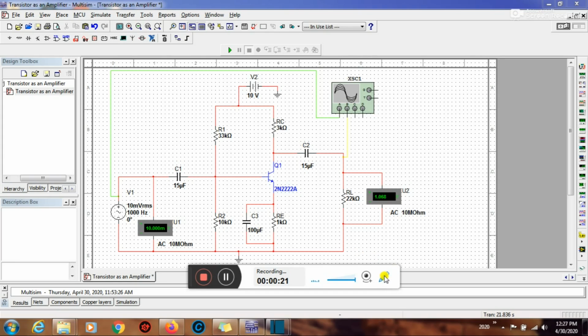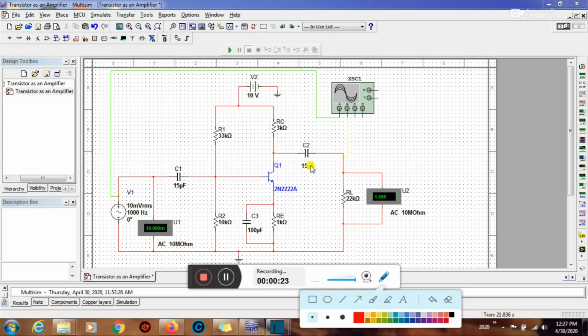So here I am considering a common emitter configuration connected over here. One NPN transistor is there, RC resistance, RE, and one C3 capacitor is used for bypassing the noise. Any signal or noise element over here will bypass to ground. One R1 and R2 resistance are present before the base terminal, used as biasing resistors. Clear? Biasing resistance and it will generate RB.